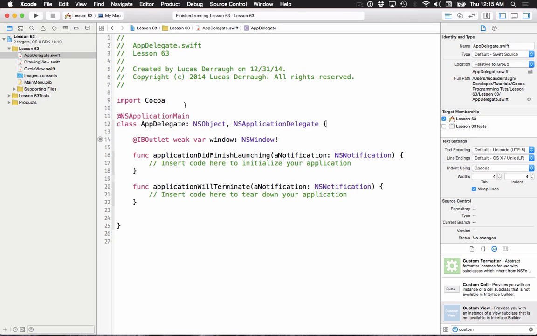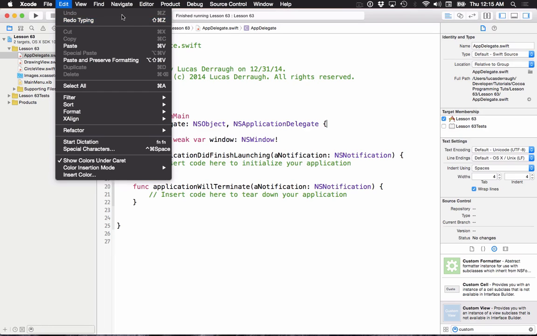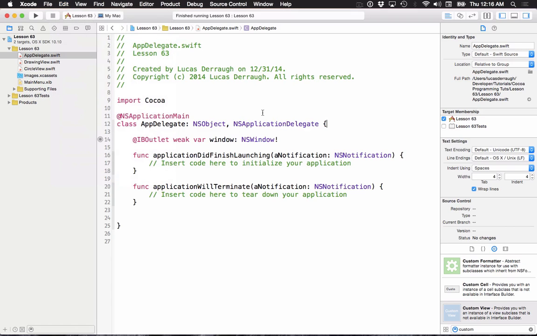And so what is the NSUndoManager? Well, the NSUndoManager essentially manages your undo and redo operations in your application. So that's pretty nifty because people want to undo stuff. I've already gone ahead and pre-prepared this app because I don't want to spend the whole time just dinking around with some drawing and creation code,